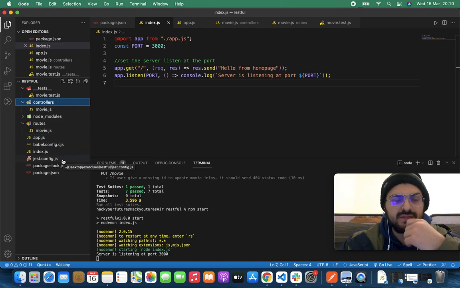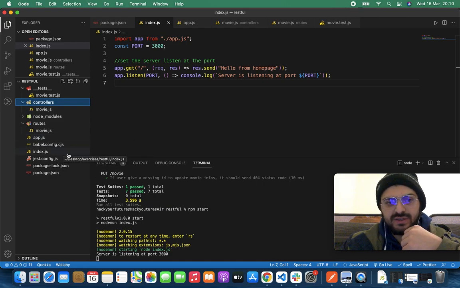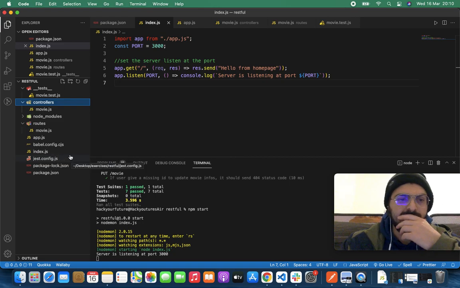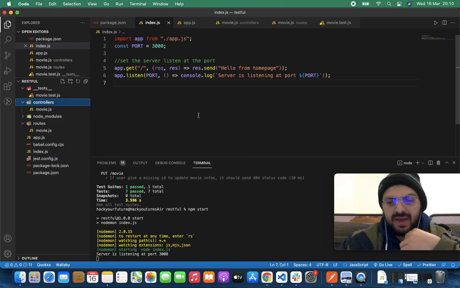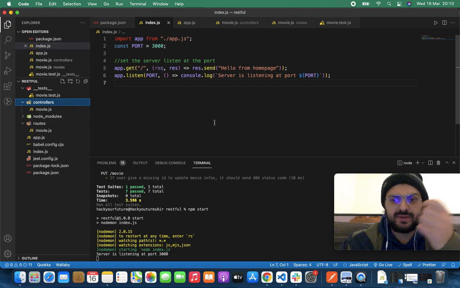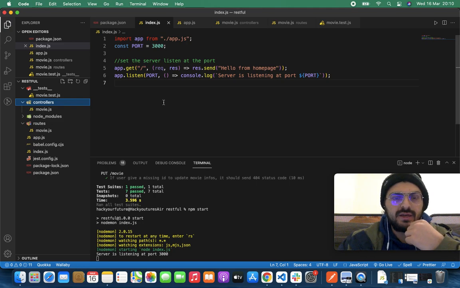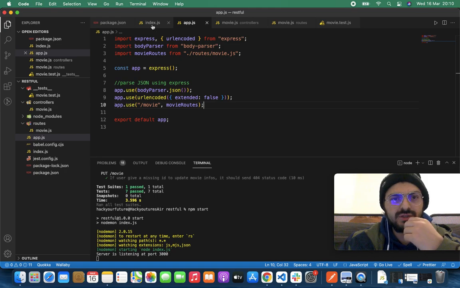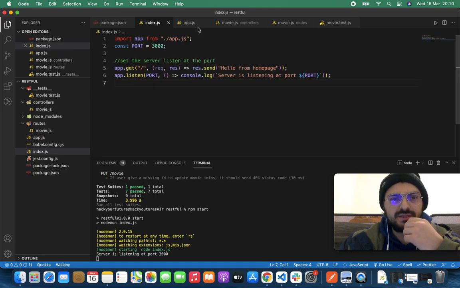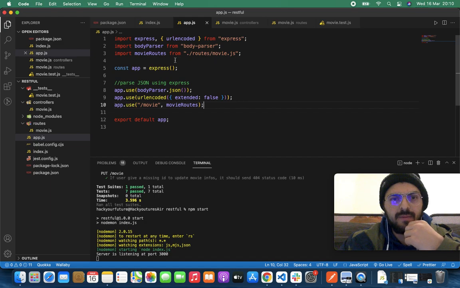And for the test, we have some config files here, babel, jest. We added some packages also, jest and supertest. We also installed, as you see, nodemon to ease everything for us. And here let's go with the code. As you see in index, I just listen to the port, and in the app we created an app with express,